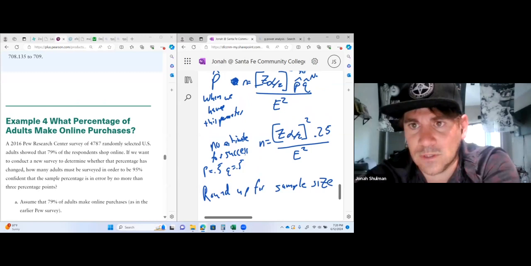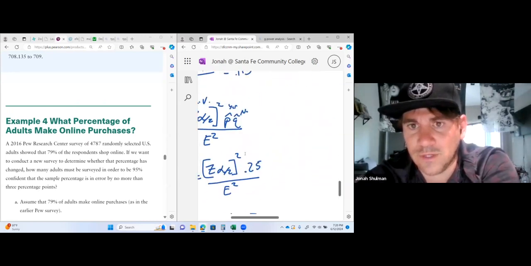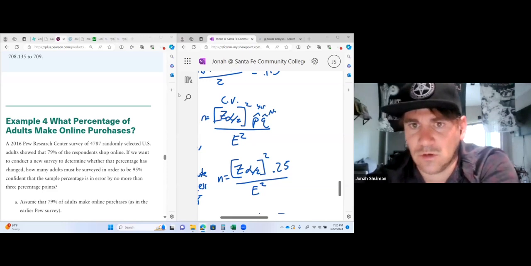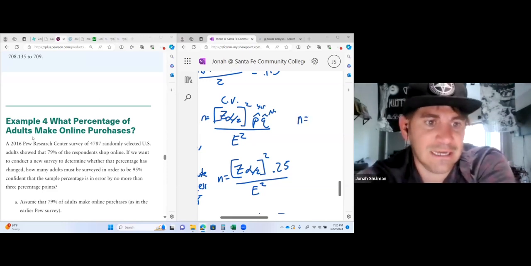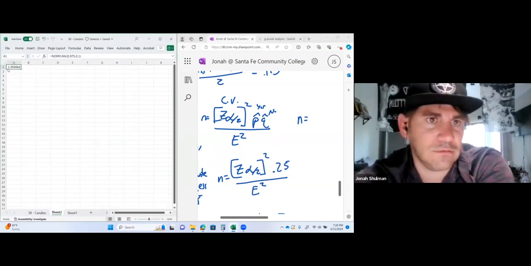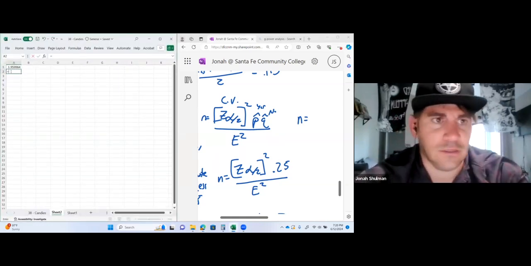All right, so we're going to use this formula, and hopefully I can make it as clear as I can. So we want to be 95% sure. N is what we're looking for, right? N is what we're trying to find. The first thing we need, 95% sure. If you don't memorize that formula, right? Equals